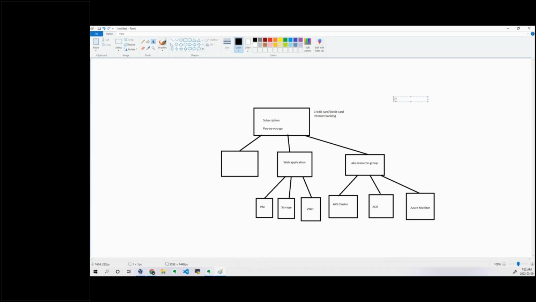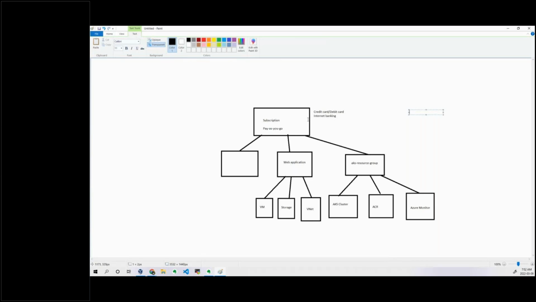Let's say you are a user, it doesn't mean that you can access all the resources under here. You need to be added to that. The best thing is, instead of adding the users one by one, create a group, add the users to that particular group, and attach the group to this particular subscription. Then whatever resources are there under this subscription, a user can access. That depends on which level you give access.